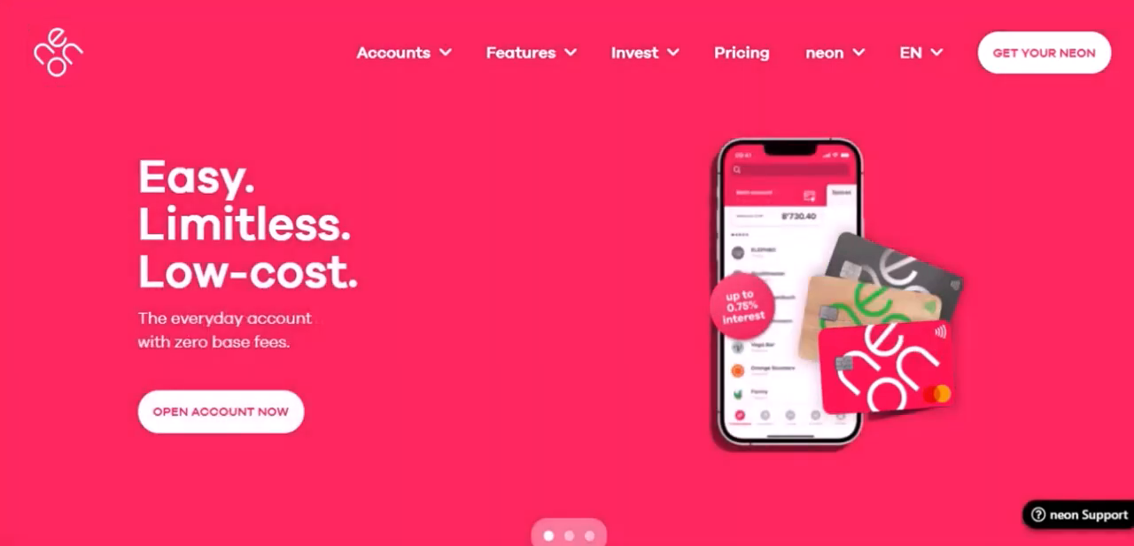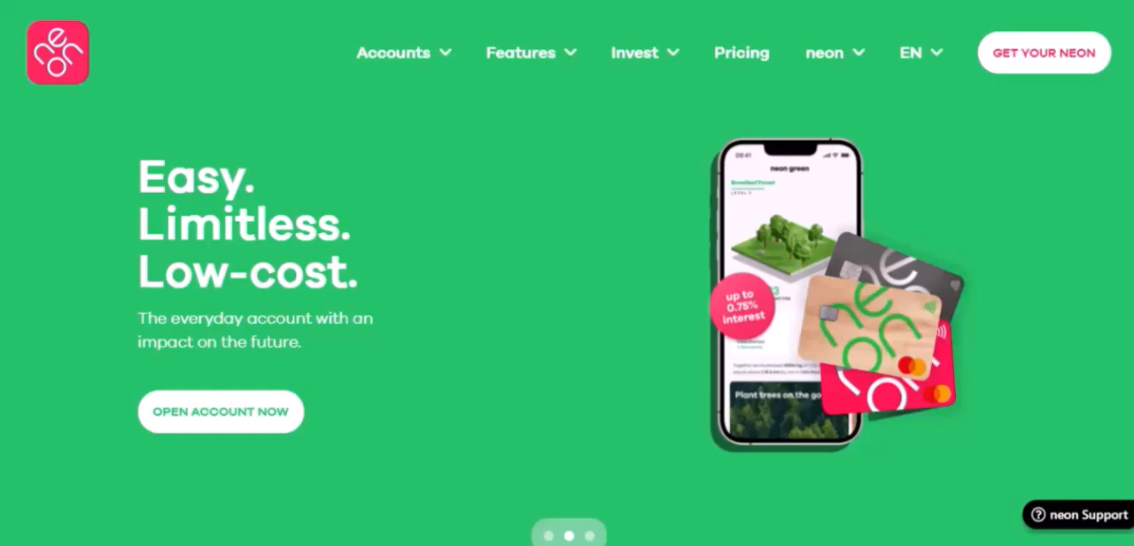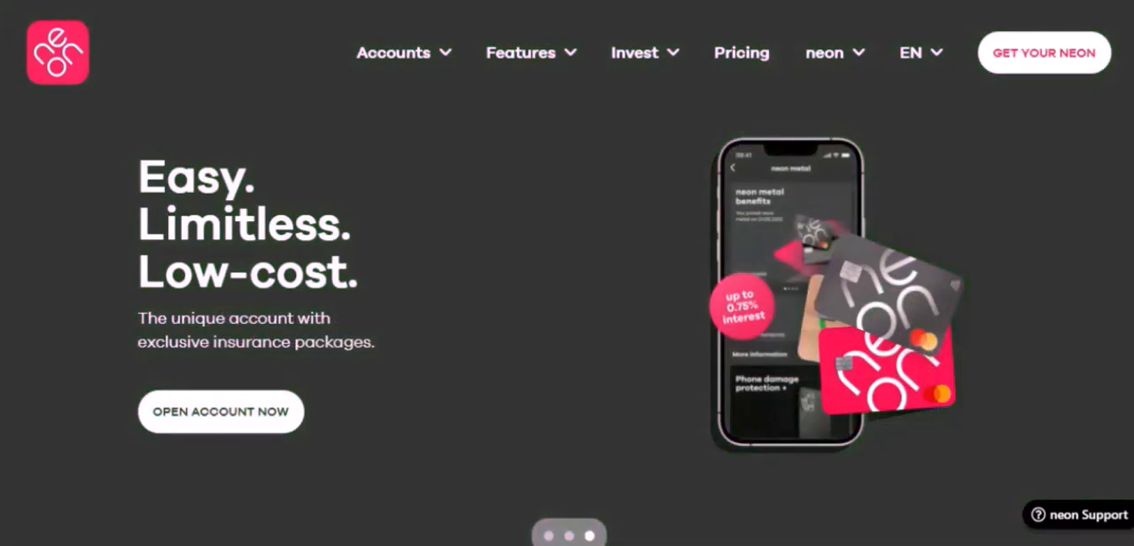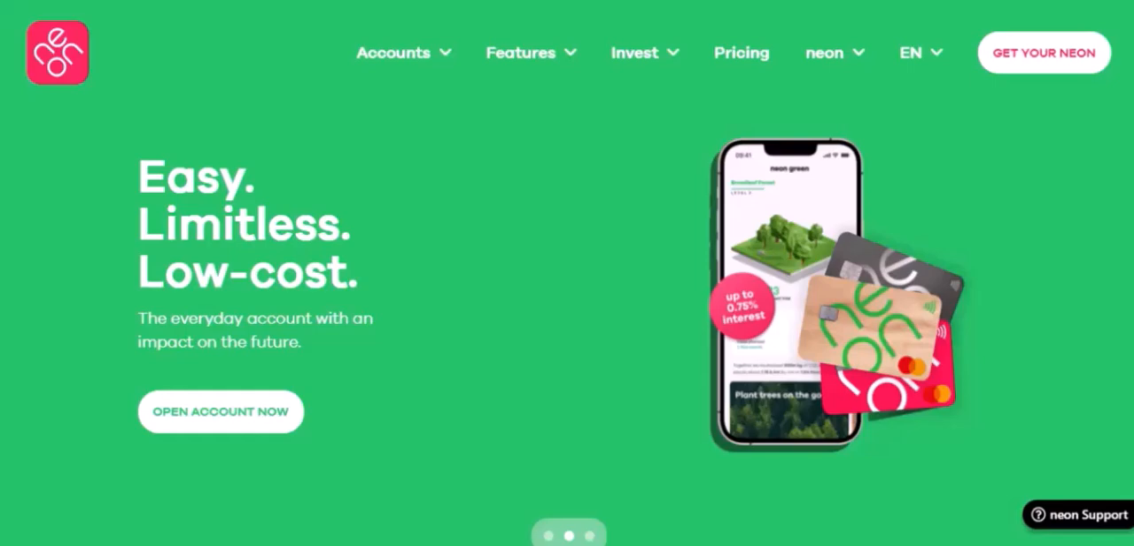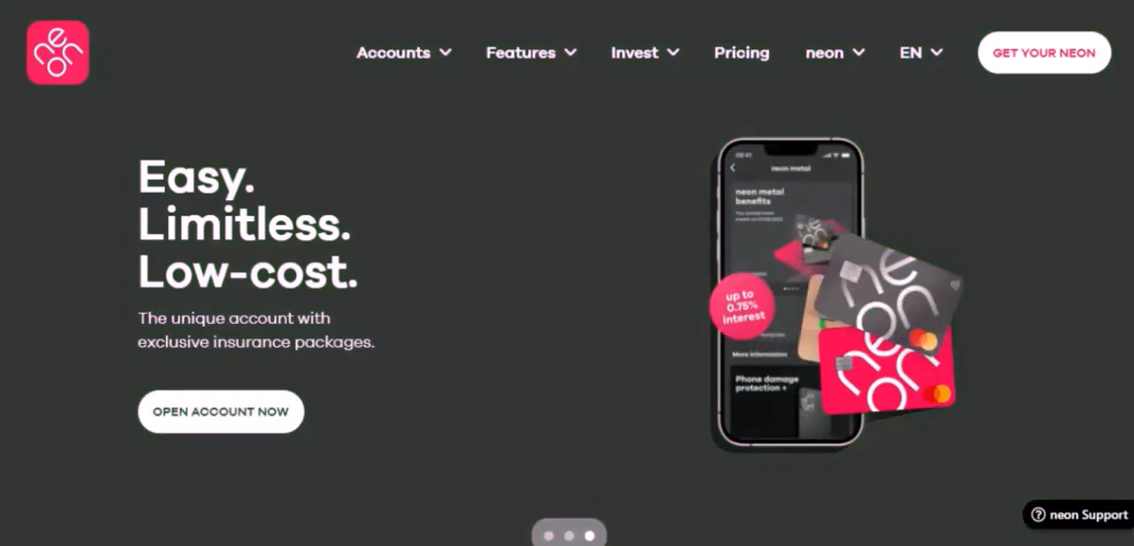Ever tried to access your Neon account only to be met with a frustrating "access denied" message? We've all been there, the dreaded login screen. It promises access to a world of entertainment, but sometimes it's just a brick wall. Today, we're diving deep into the common reasons why you might be facing Neon login issues and what you can